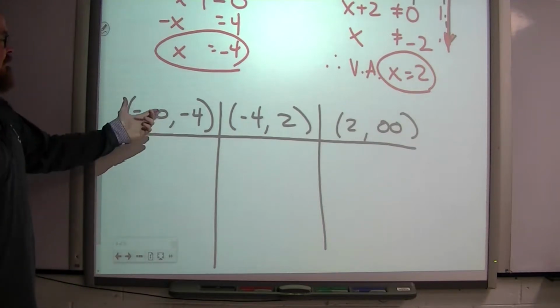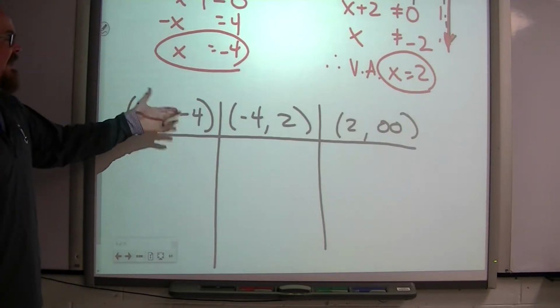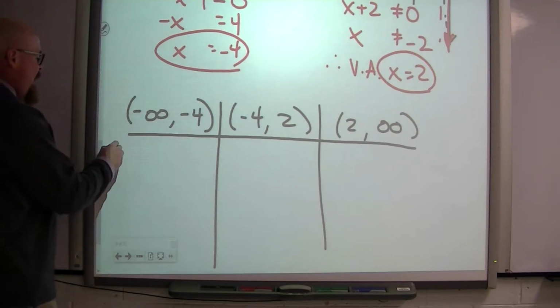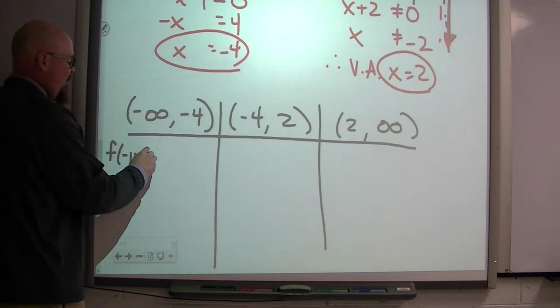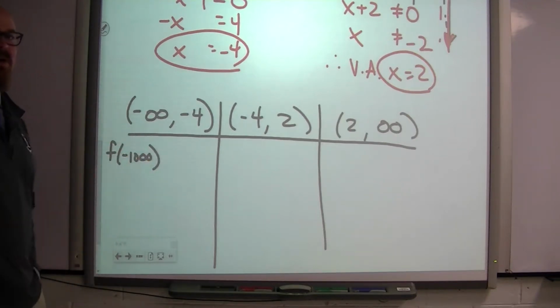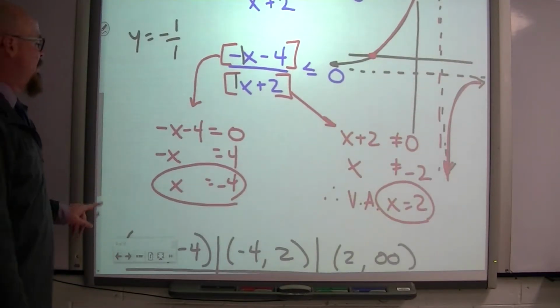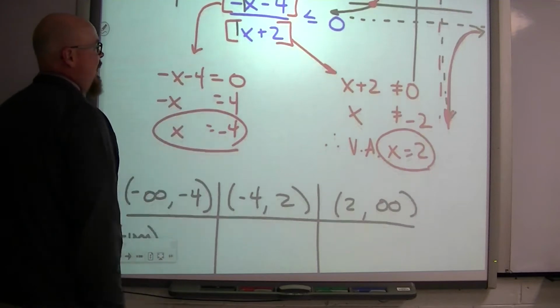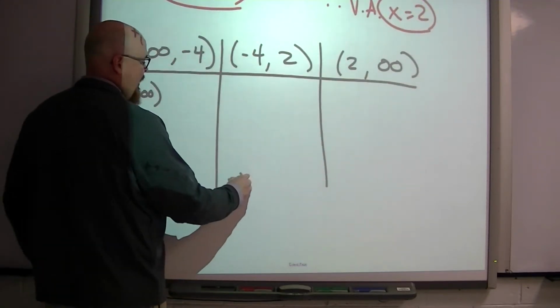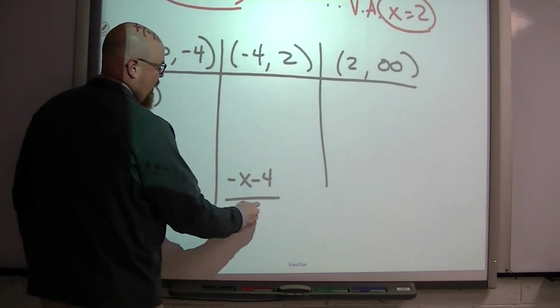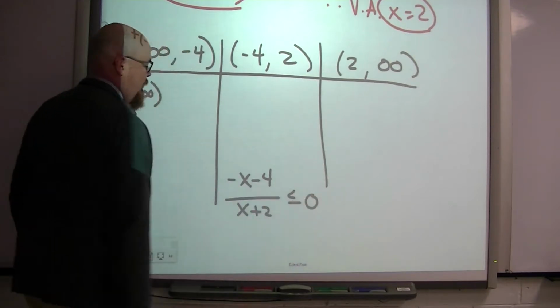So we pick a number, pick any number you want. You could pick -5, you could pick -10, but what I choose is -1,000, okay? -1 billion, whatever you want. If you put -1 billion into this function, let's rewrite it. We've got -x minus 4 over x plus 2. This is what we're trying to